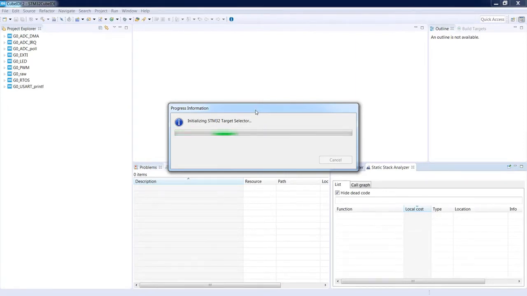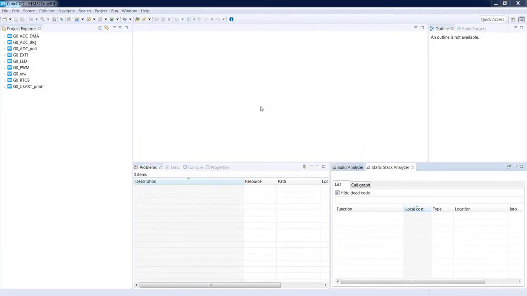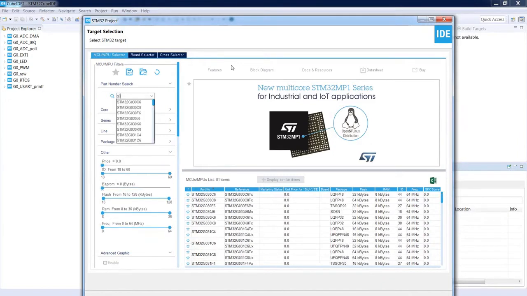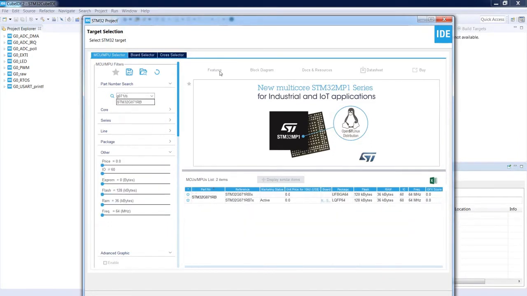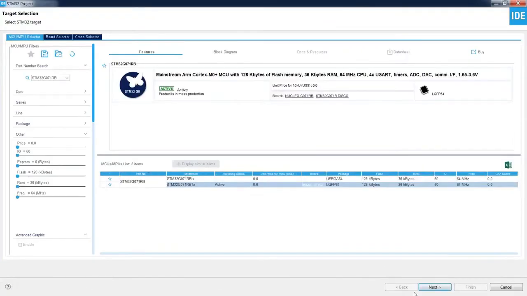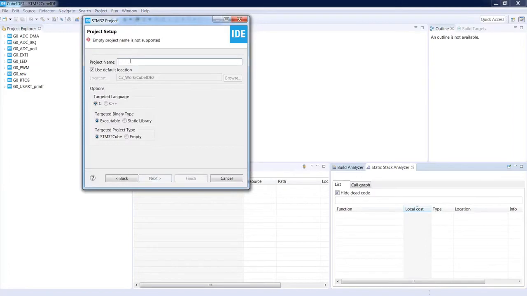We can do, of course, some estimation of current consumption for an existing project, but in this case I would like to demonstrate some particular settings. Okay, so we select exactly the same microcontroller, G071RB. Yes, and the LQFP version. I just press next. I would name it G0 PCC.